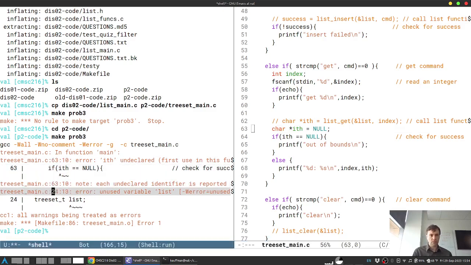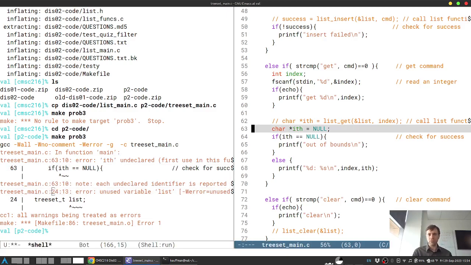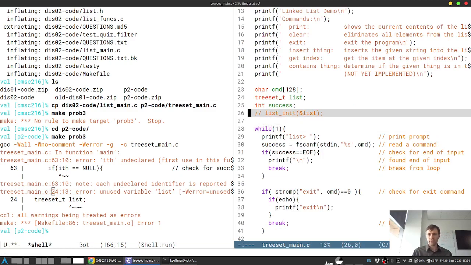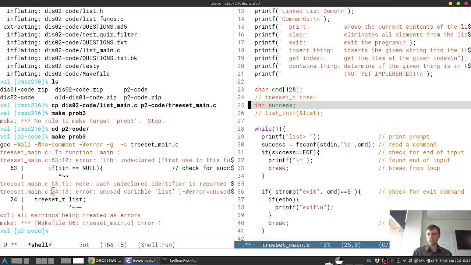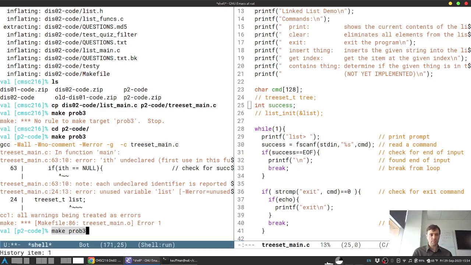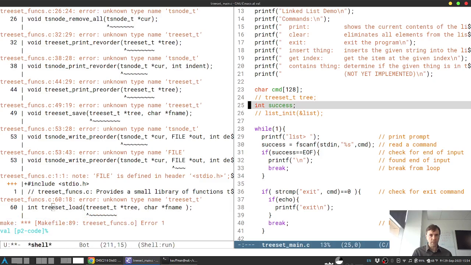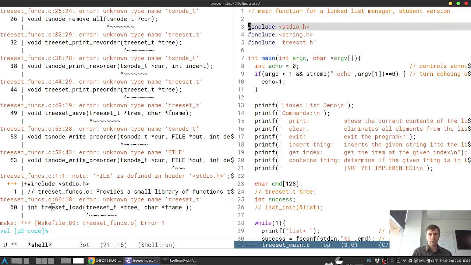Let's see, and then this tree set list. Oh, it's an unused thing. So how do I satisfy that? Tree, I'll just comment it out because it's not used anywhere else. Okay, now we got problems here. Unknown type tree set. Oh yeah, of course, because